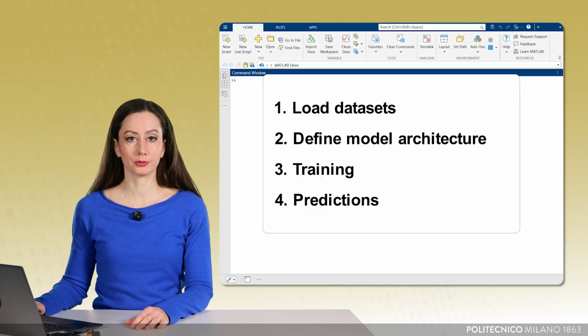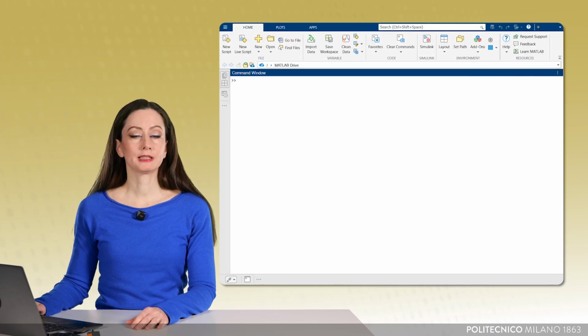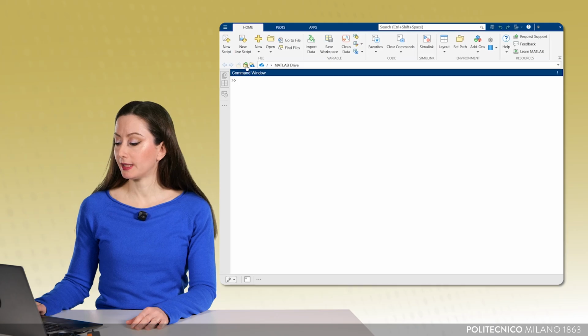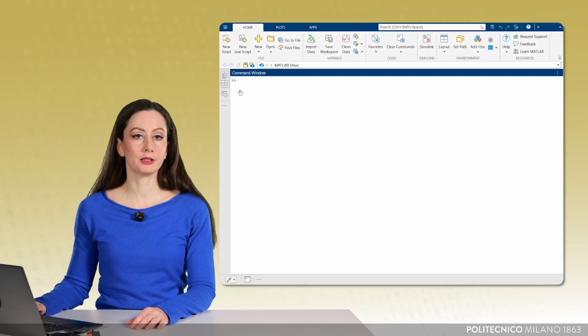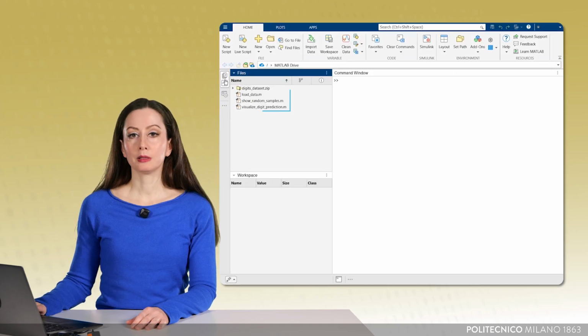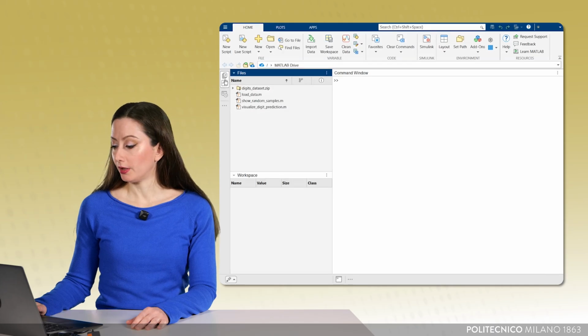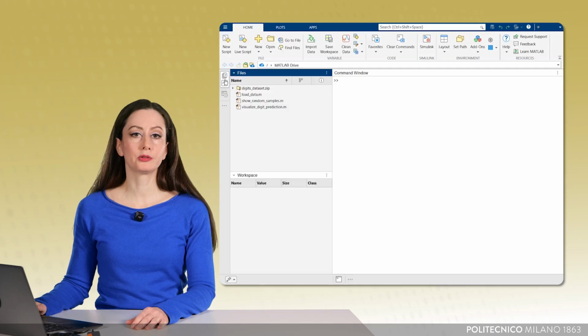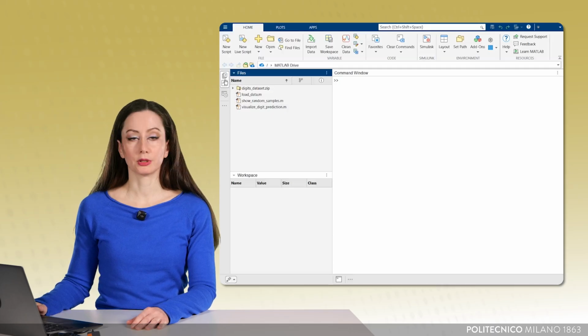to make predictions. Let's upload the digit dataset zip file containing the dataset we will need and the MATLAB functions load data, show random sample, and visualize digit prediction. These tools will be useful to read, visualize, and store images in matrix form.